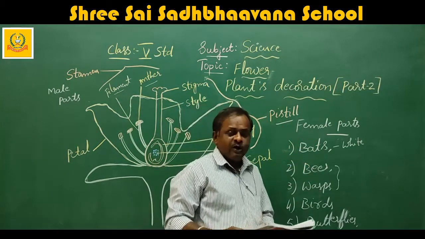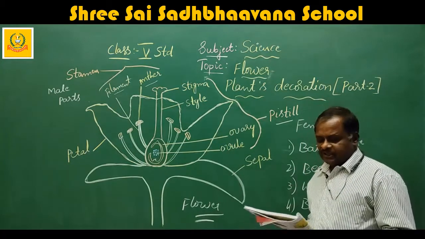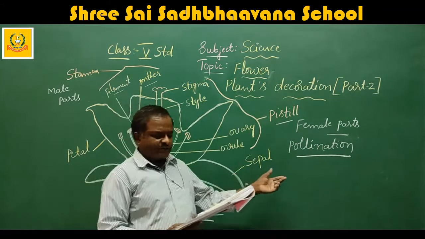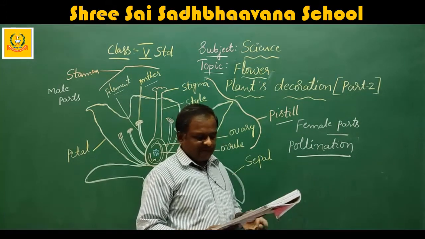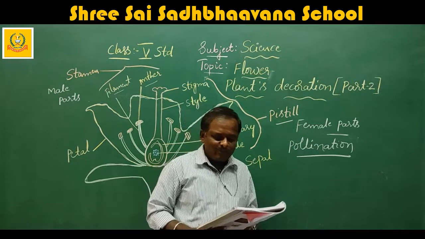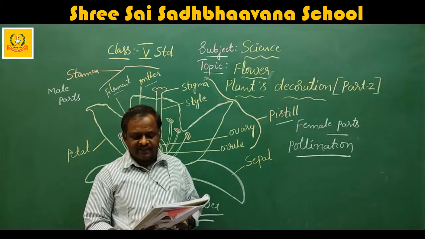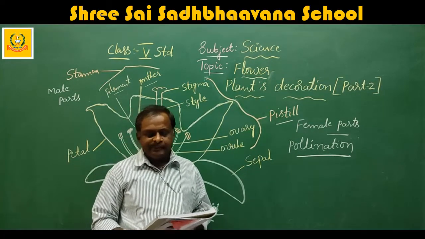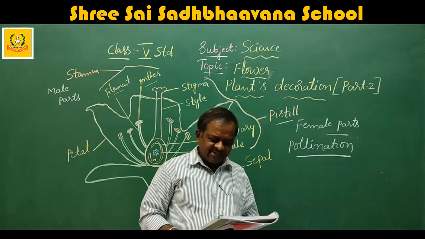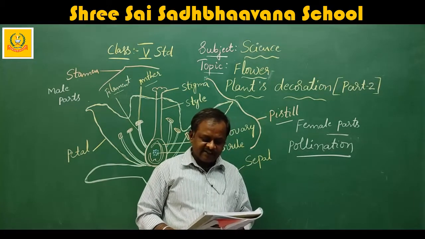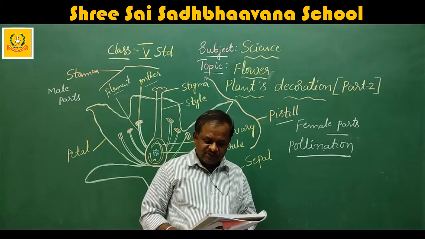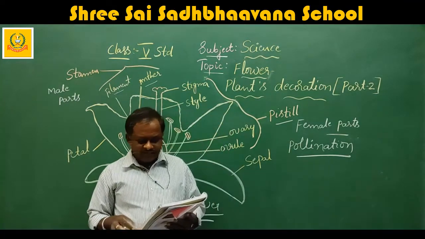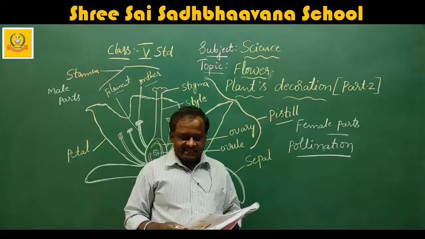Next we go for pollination. This is a very important process. I will read page number 9 only. Pollen is the flower's way of making more flowers. They are powdery grains made by the male part of a flower. Plants need both male parts and female parts to make a new seed which grows into a new plant. Plants have both male and female parts in a single flower.